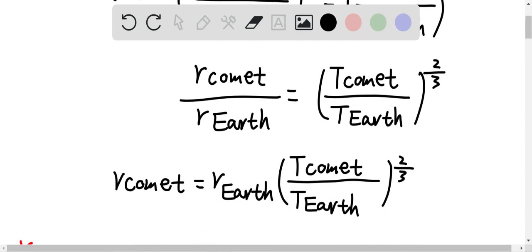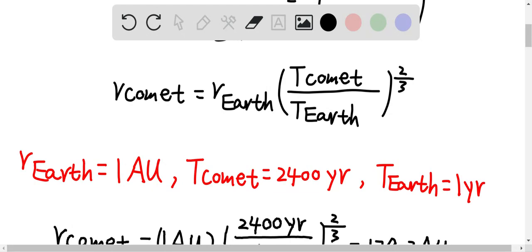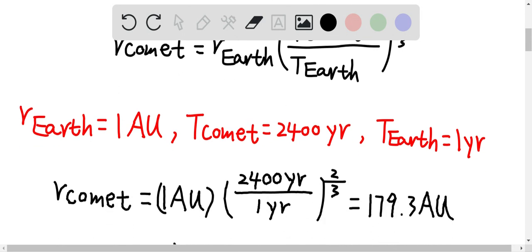So therefore, we have R_comet is equal to R_Earth times (T_comet / T_Earth) to the power of 2/3. So we know the distance between the Earth and the Sun is 1 astronomical unit, and the time period for the comet to finish one cycle is about 2,400 years, and the time period for the Earth to finish one cycle around the Sun is about 1 year. So if we plug back into the equation, we have the mean distance from the comet to the Sun is